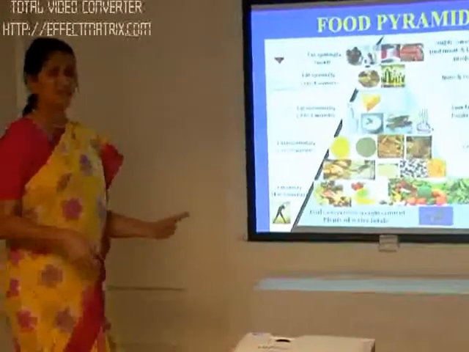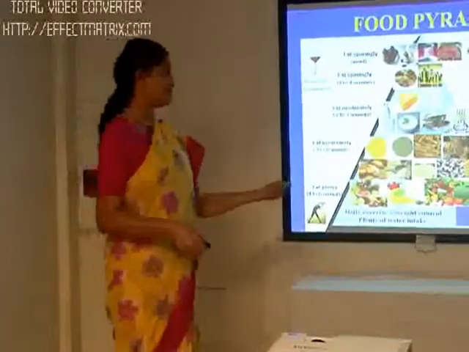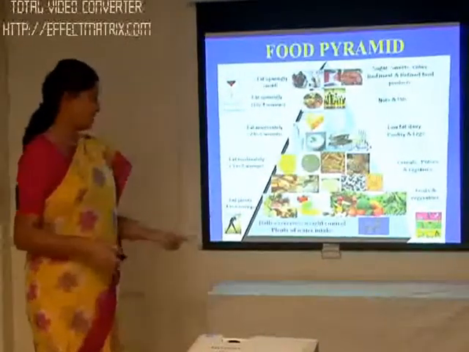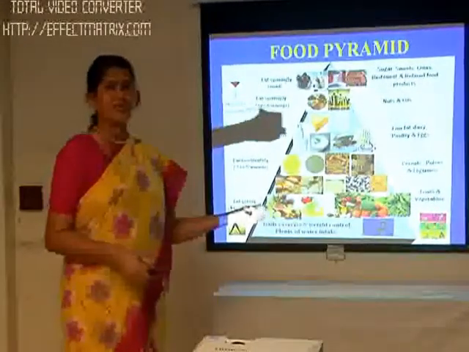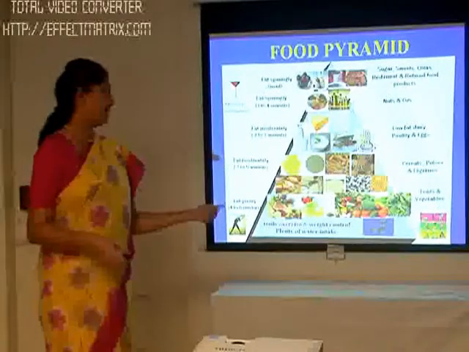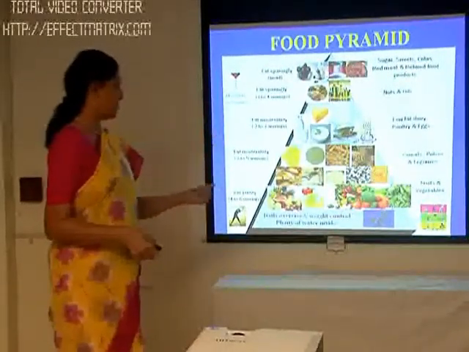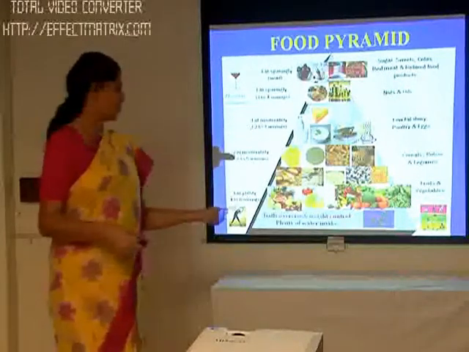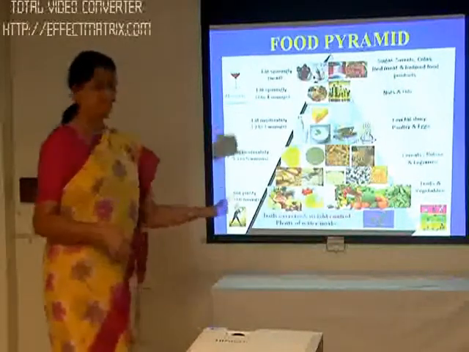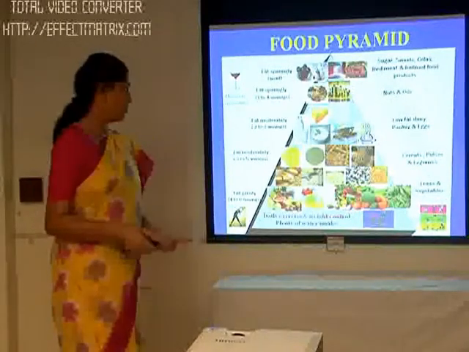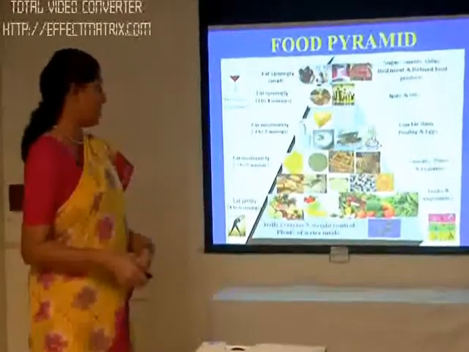Then we go over to the next group. The next largest base is filled with vegetables and fruit. Now this vegetables and fruit group has all the groups of vegetables having all the colors, green, yellow, red and even white. That includes your roots, your leafy vegetables and your other vegetables. This should be maximum in your food or in your day-to-day intake.